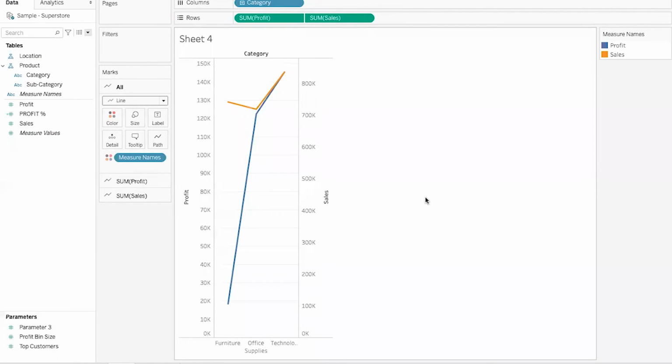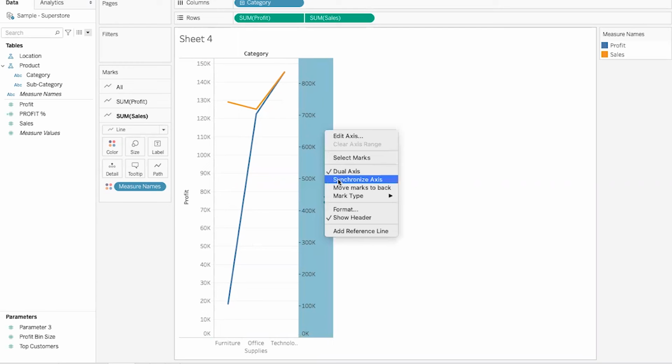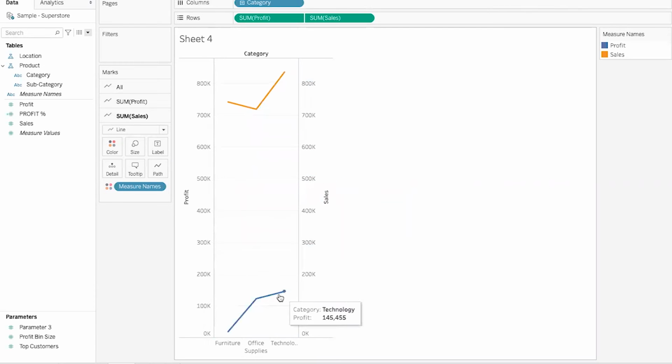Yeah, I think this is clear now. You can see in one axis we have profit, in one axis we have sales, so how your profit is moving and how your sales is moving. You can sync the axis also. Simply right click over here, synchronize axis. So you can see your profit is this much, but your sales is this much. It is giving a comparison, a comparative analysis kind of thing, which you can do using Tableau.